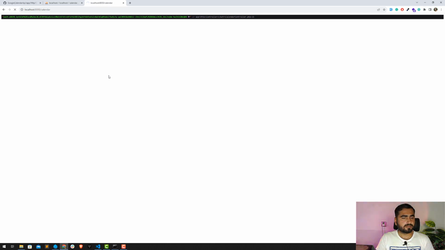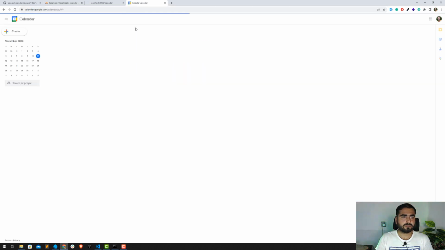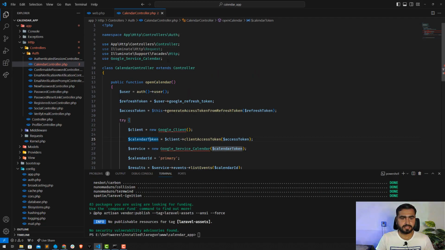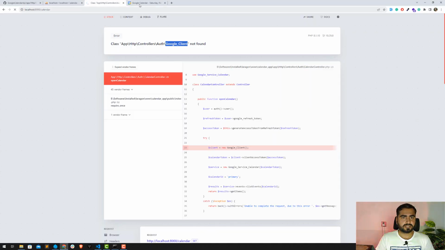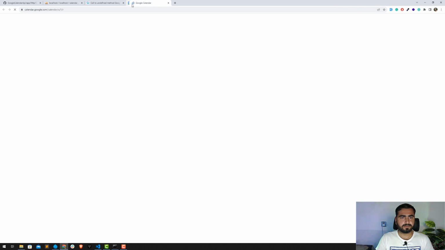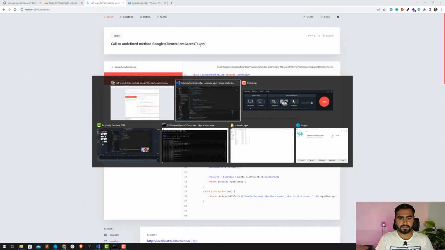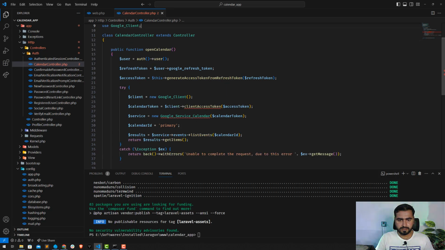It's still in progress, so let me open calendar.google.com to see the events here. Oh my god, I need to add this here at the top, so let's add use calendar. Let's refresh this again. Let me open my calendar here. Call to undefined method client. Oh my god, its name is access